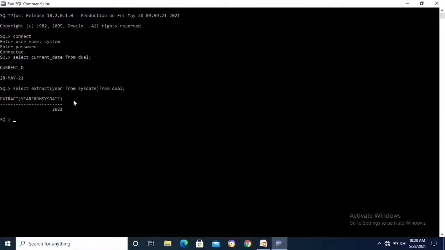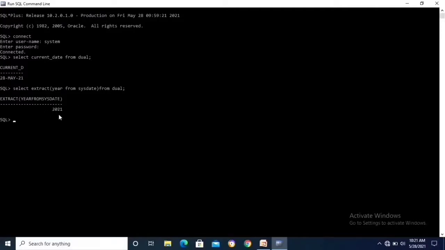Okay. Press enter key. It displays the present year in the system. My system year today is 2021. So 2021 is displayed. The year is displayed.